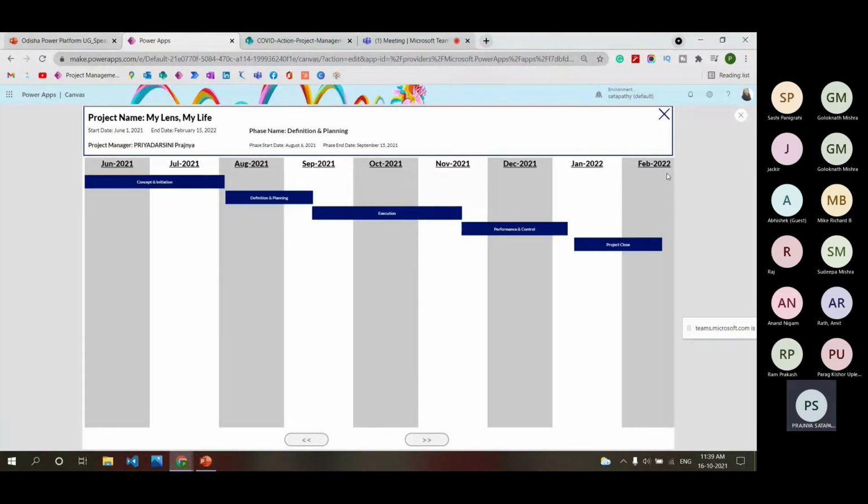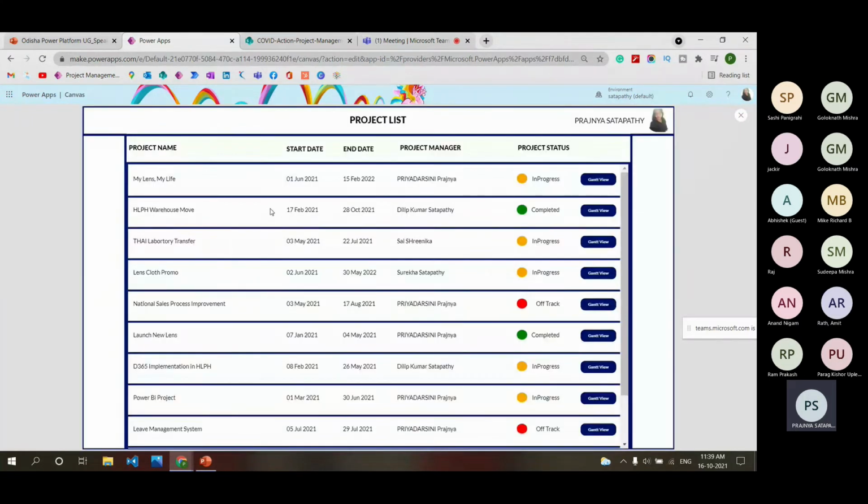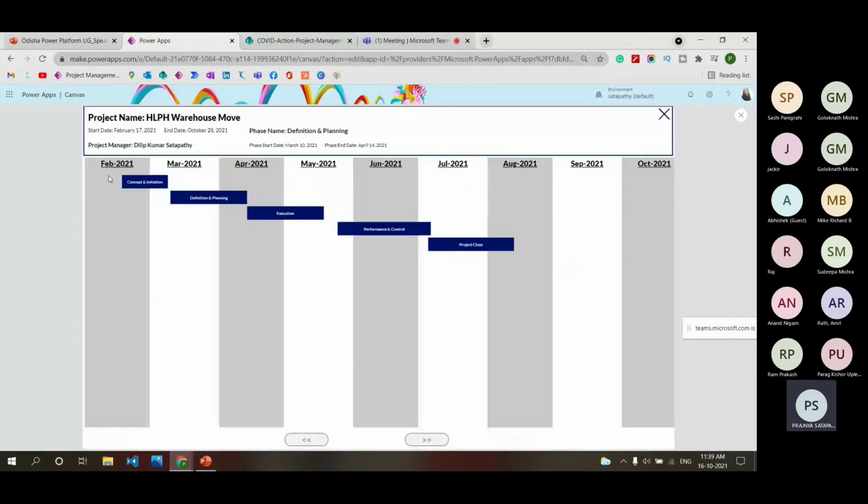Let me open another project. You can notice that the second project is 17 February 2021 to 28 October 2021. When I click on the Gantt view button, you can notice that the columns start from February 2021